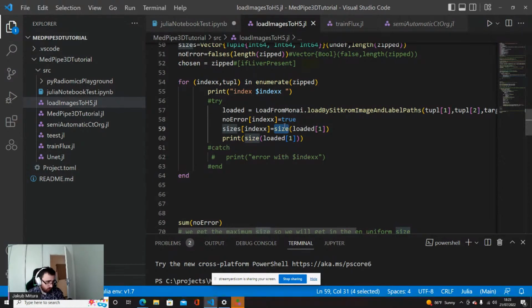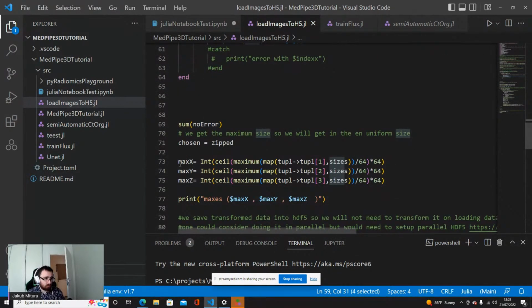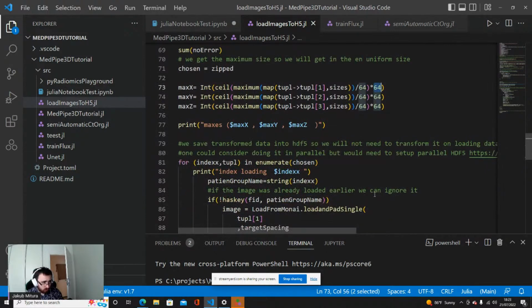And then we are choosing the maximum x, y, and z dimensions in order to pad the whole image to the required dimensions. We also want it to be divisible by some numbers, like 64, for example, because of the U-Net architecture. I will show you in a moment in an image how it works.